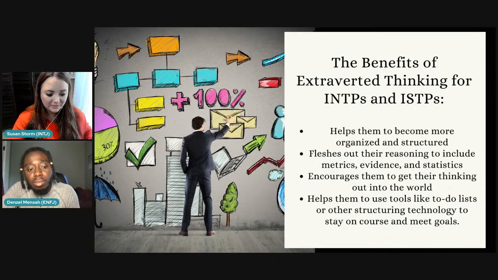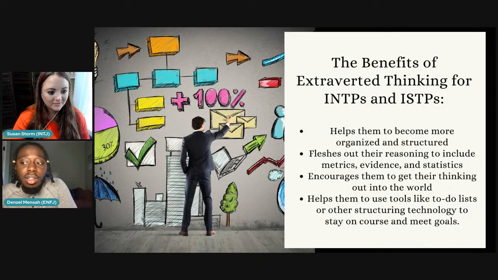Any thoughts, Denzel? I think the only thing that I'll add is, like having just lost it. Shoot. Deadlines. Make sure that you challenge yourself to have certain deadlines, because especially as a TI dominant, you can be tempted to just keep on tinkering and tinkering and tinkering and trying to perfect it and finding more ways that you can perfect it,